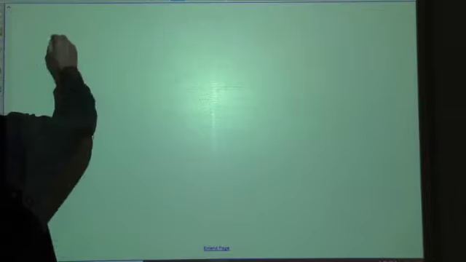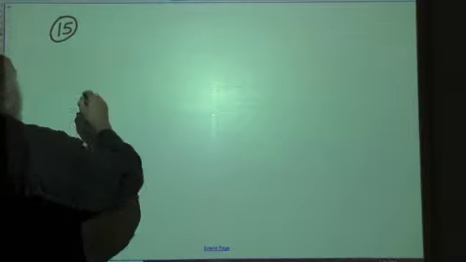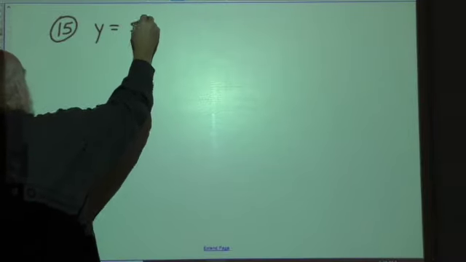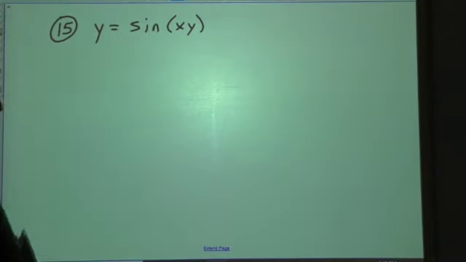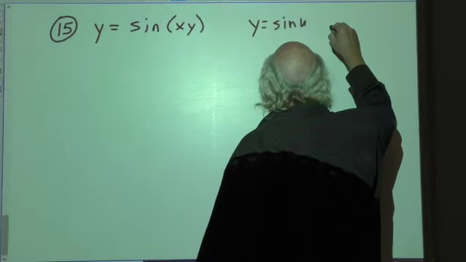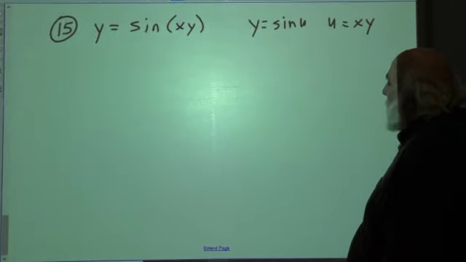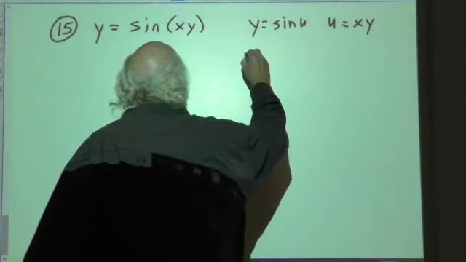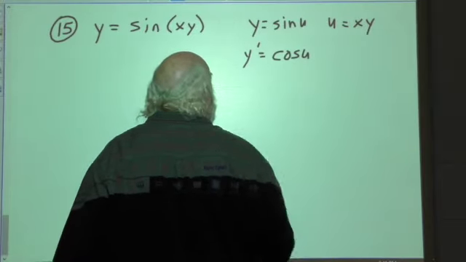Number 15, last one we're going to do here. So we got y equals the sine of xy. All right, so they're getting a little nasty, but we can handle it just fine. Again, we think of this as y equals the sine of u, and u is equal to xy. All right, so we take the derivative of the sine of u, and that is the cosine of u. So that becomes